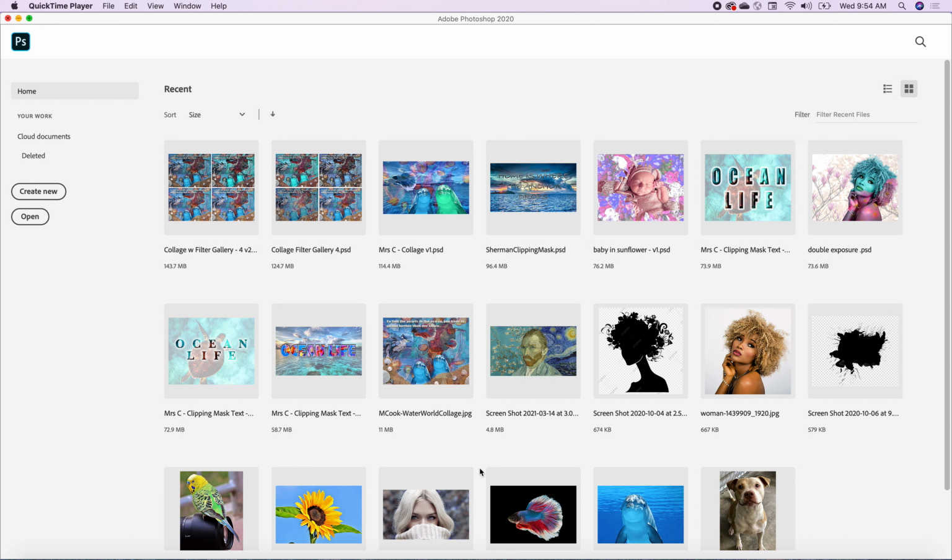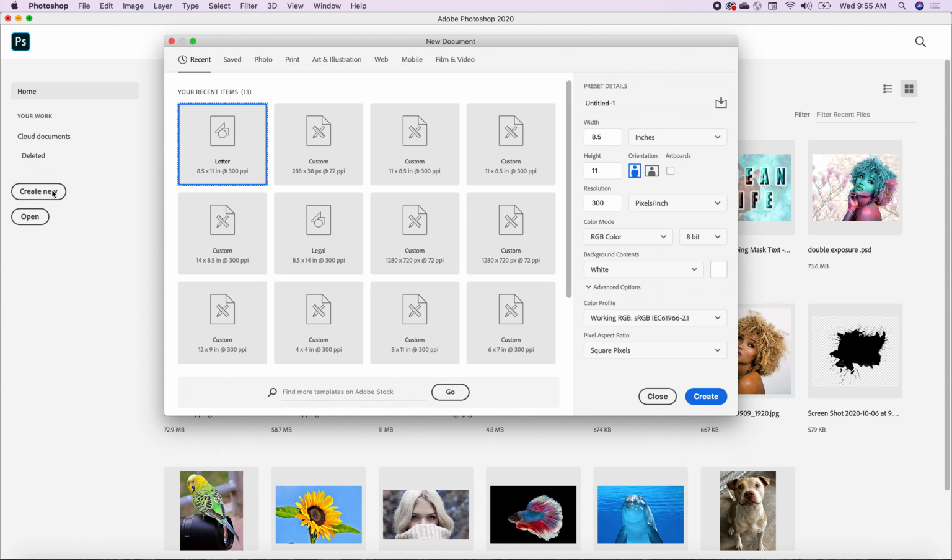So I'm going to work with this image right here. It's a collage that I did called Waterworld. So I'm going to open this image. Actually, I think I'm going to change that. I'm going to go to Create New. I'm going to go to Print. We'll go with a letter size to start. I'm going to set it up as a landscape, and I'm going to call this Waterworld Collage